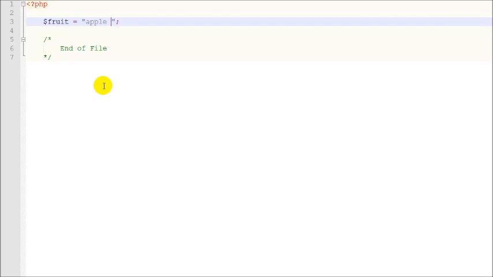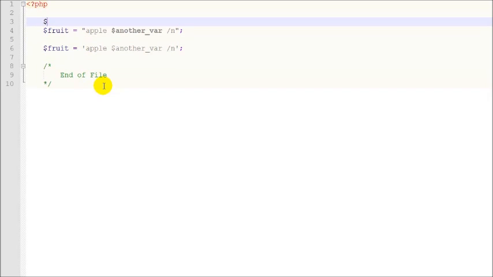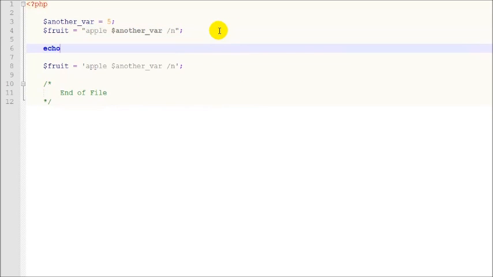Now, when we use speech marks, variable names inside of that string, like we could have another var, and also special things that get turned into characters, for example, \n that gets turned into a new line character, will be parsed inside of that string. So if you don't want it to be parsed, if you want it to be the literal value of that string, we use single quotation marks like so. And then even though we have our \n and another var there, those will just get typed out as that text, whereas if in the previous example we set another var to be 5, and then we use the echo function which displays things onto the screen,